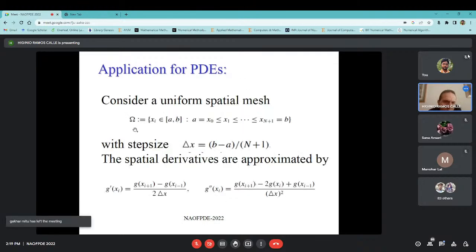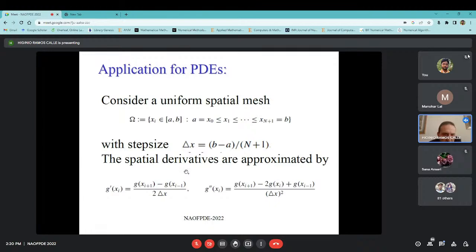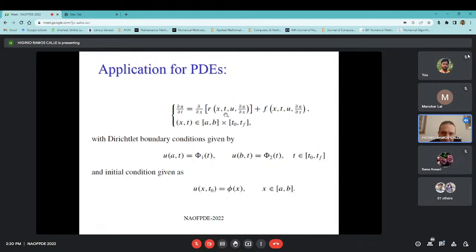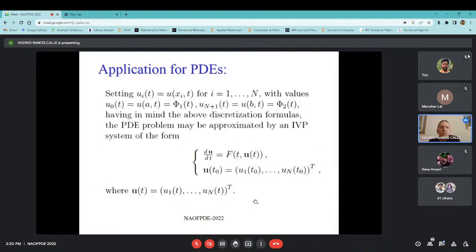So in this case, what we have to do is to discretize in the space variable. So we take those values, just in the space variable, and using this step size, we consider approximations for the spatial derivatives with respect to x, the first and the second derivative, using the usual approximations. So this is our second order approximation for the first and the second derivatives. And using these approximations and the grid points on the space variable,